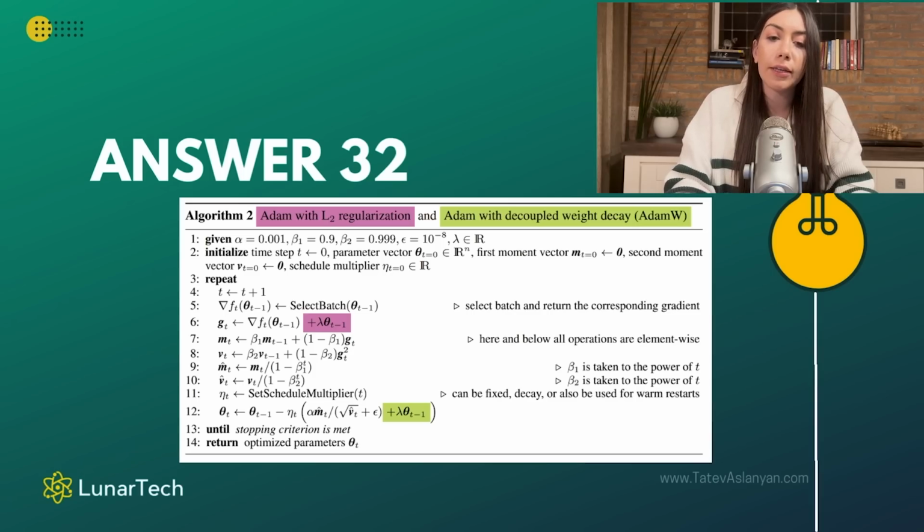So when we add this regularization term, lambda multiplied by theta t minus 1, not to the gradient, but directly when updating the model parameter as part of this entire expression, as you can see, multiplied with the learning rate, then this has shown to have much better impact in terms of solving the overfitting problem and